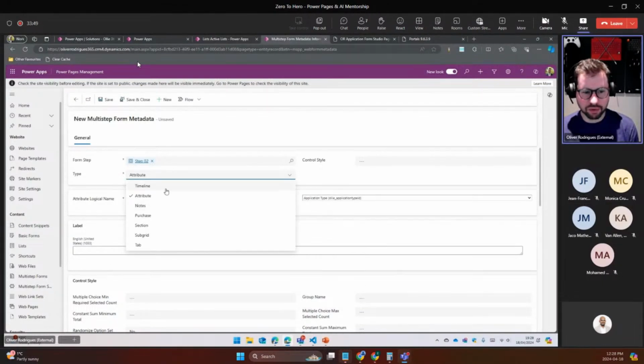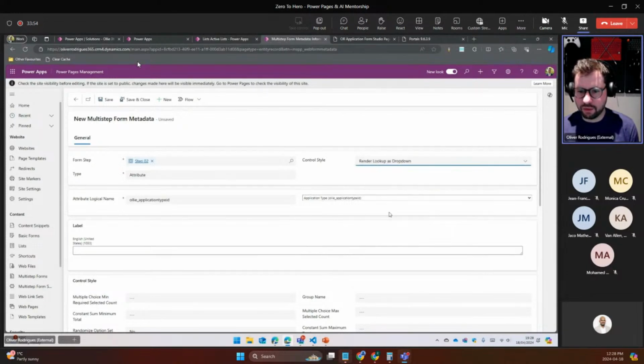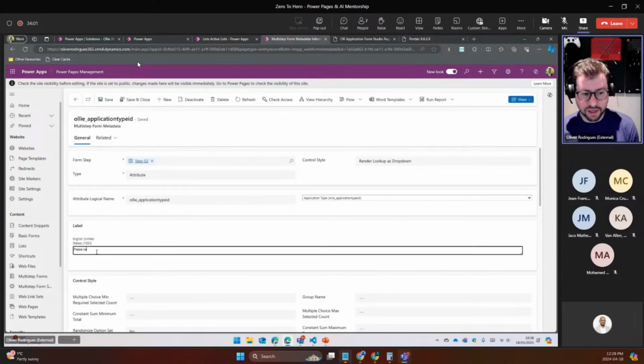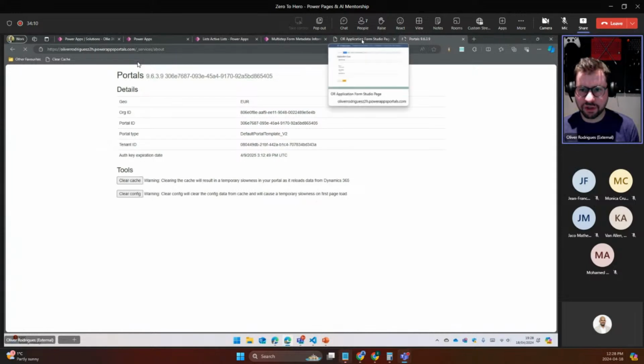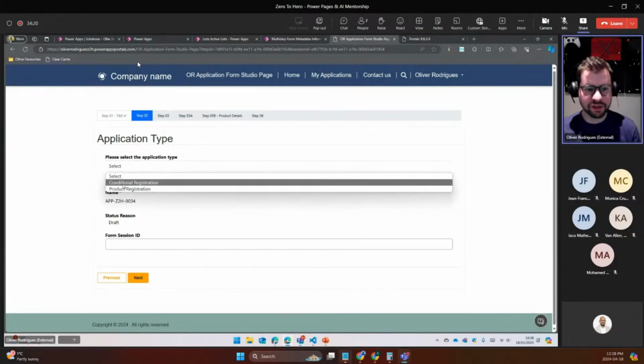There are a few types here, subgrid and so on. I'm going to select this. And control style, I'm going to click render lookup as dropdown. I could as well change the label. So please select the application type, just as an option. And once I clear cache and refresh my page, this is now rendered as a dropdown. Much easier, much simpler